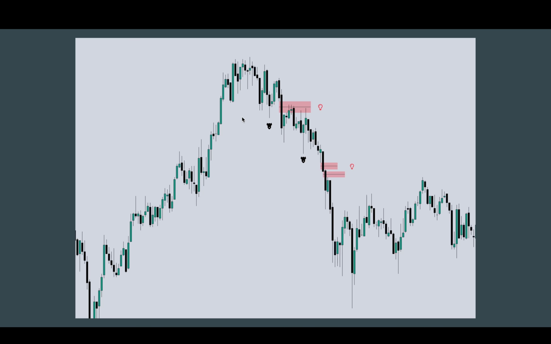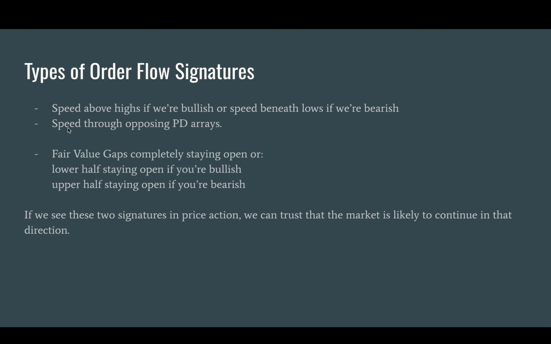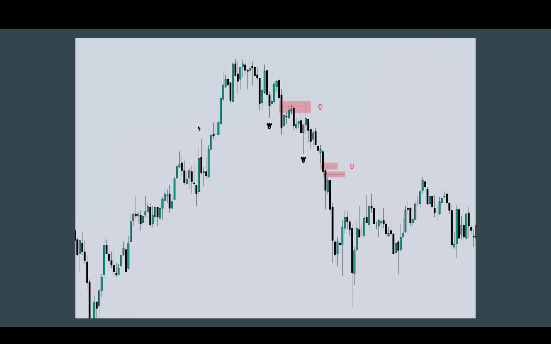If we're bearish, we want to see speed underneath lows, and what do we talk about? We also want to see speed through opposing PD arrays. So what does that mean? Well, if we're bullish, if we're expecting higher prices, we would expect this fair value gap to what? Send us higher. We trade into it here, have a reaction off of it, and then we're coming back down. I want to see us blast through this fair value gap, have no regard, no respect for it. That tells me that price is likely heavy to the downside, and that's a signature that I look for in